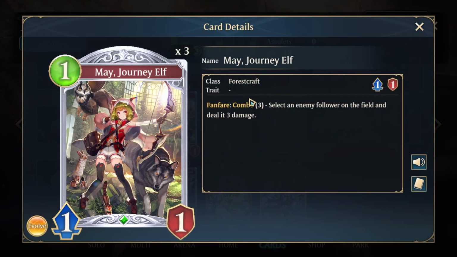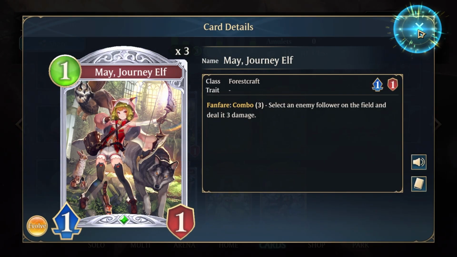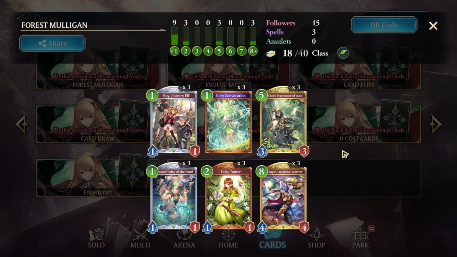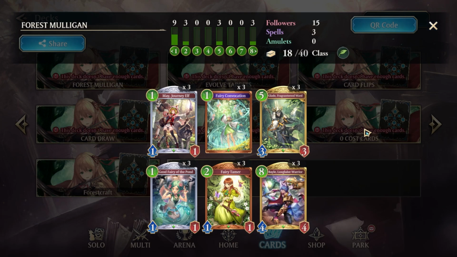As you can see over here, we have May in the Mulligan as well, but this is not something that you keep all the time. You will only keep May if you have a fairy gen and you're against somebody that you think is going to be aggro or is going to have a really strong board. So our fairy tamers a fairy gen, good fairies a fairy gen, fairy convocations a fairy gen, and